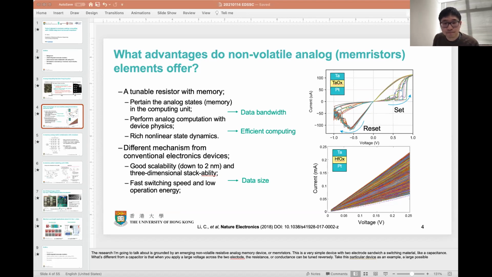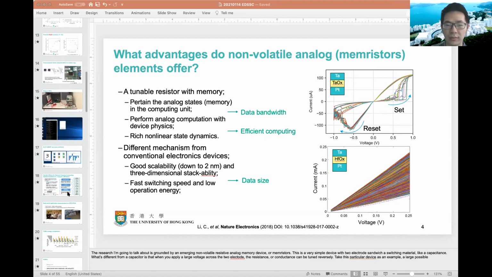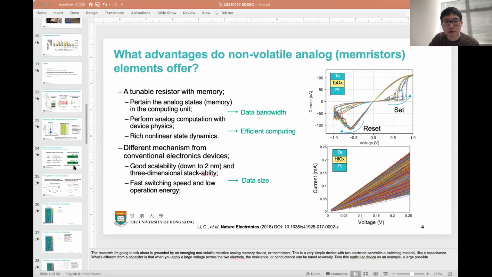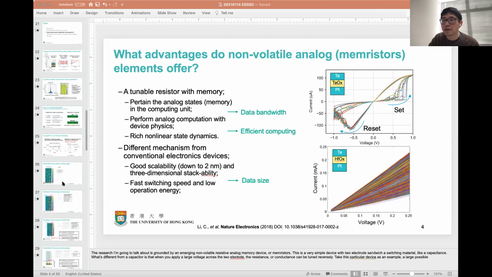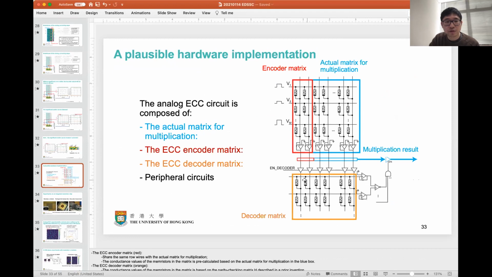Okay, so the next question is this. Could you talk about how to evaluate and model the energy consumption for defect-tolerant in-memory analog computing? Okay, this is going to depend on how you implement this analog error correction. For now, if we don't talk about the analog error correction, but only talk about analog detection,